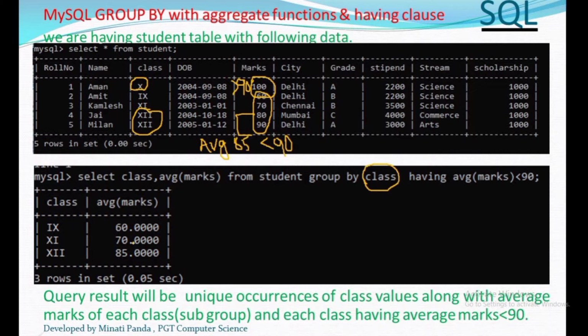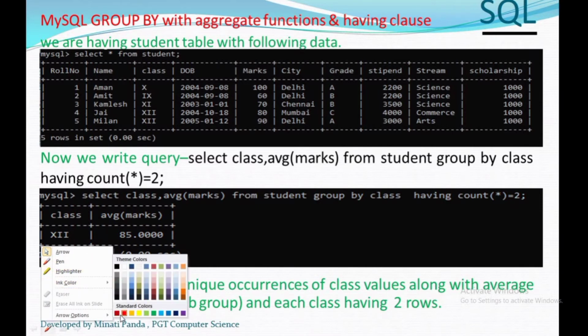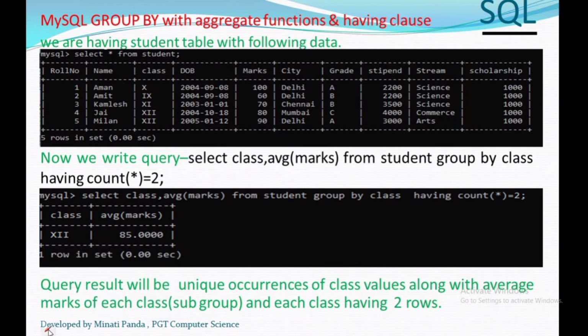Now we'll discuss another example. As we know, in 12th class we have two students, so COUNT(*) will be 2. Here we have the query: SELECT class, AVG(marks) FROM student GROUP BY class HAVING COUNT(*) = 2.